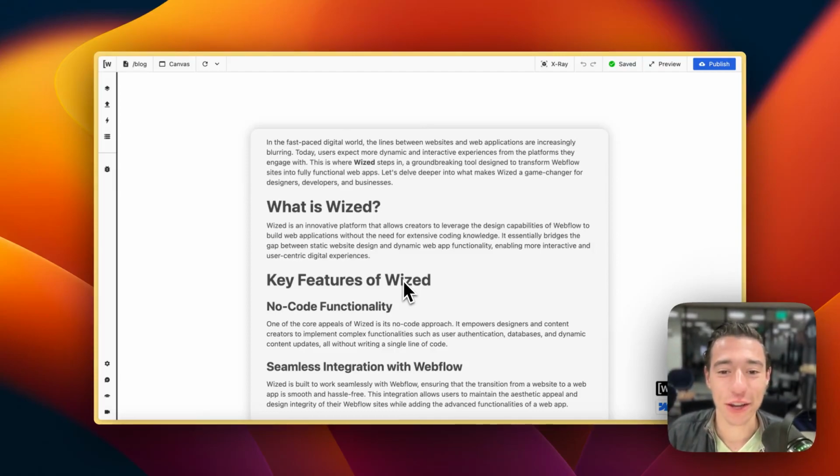Hi, today I want to show you how you can improve your Wized and Webflow sites' SEO by creating dynamic sitemaps for your dynamic content. So normally, if you use the Webflow CMS, the content management system, Webflow will give you something called